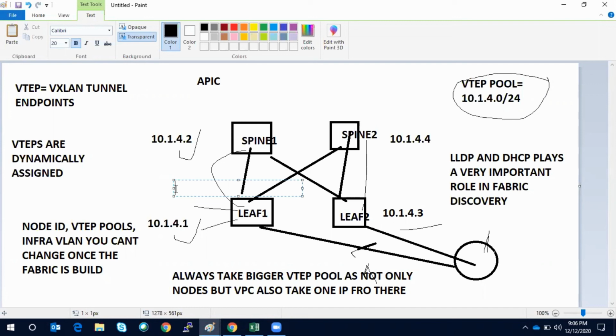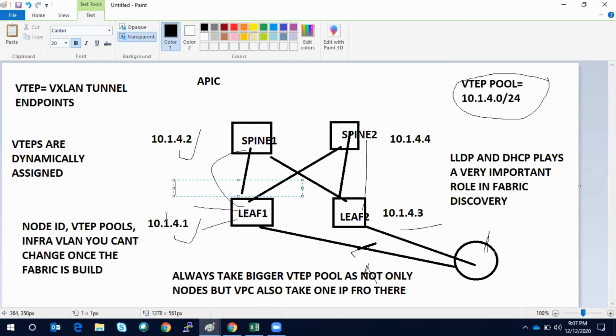Then when you take the VTEP pool, always take a bigger VTEP pool, let's say /16, because not only the nodes take an IP address, but whenever you create a VPC, it assigns one IP address to the VPC as well, because then the two switches act as a logical switch. The tunnel is formed between that logical IP and the IP address which is on the leaf.